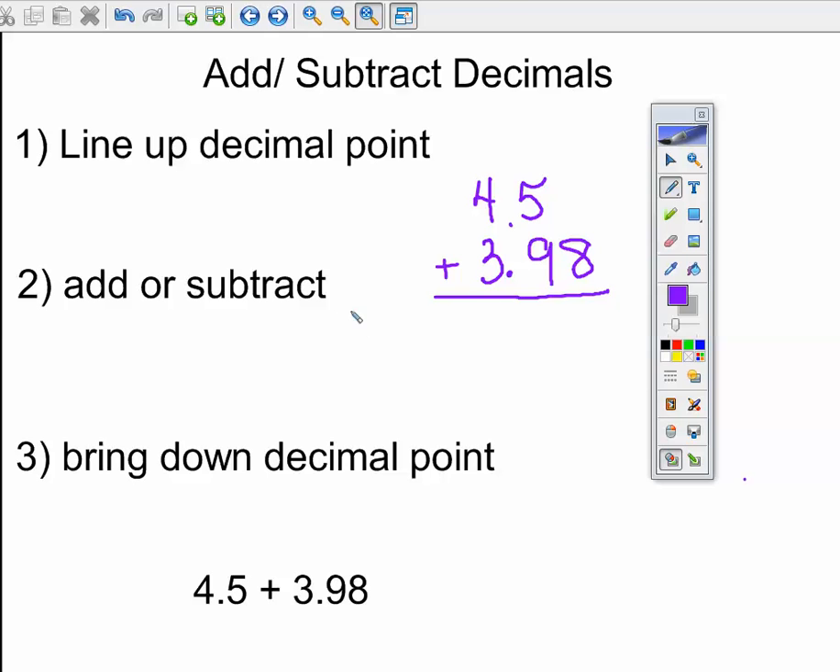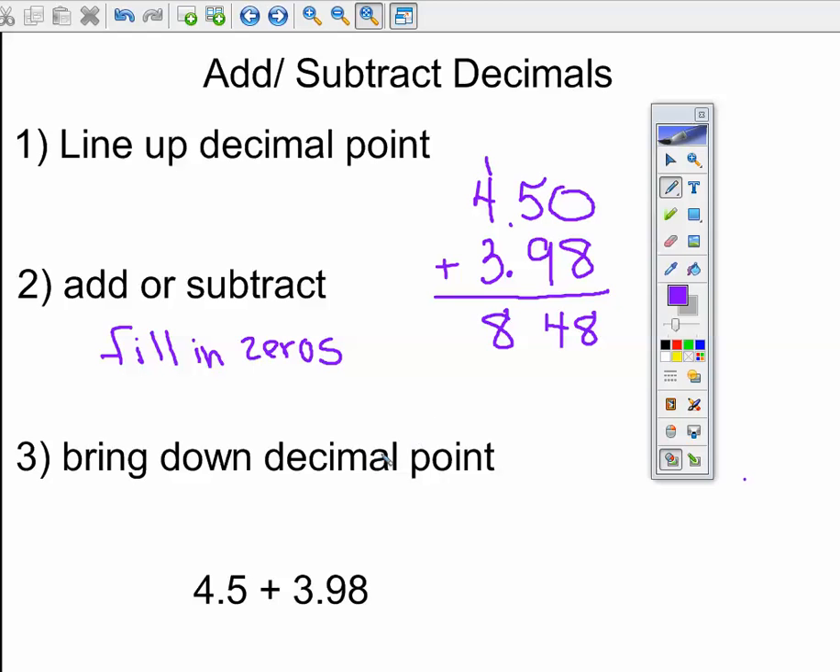Now, before I add or subtract them, the second part of step 2 is to fill in zeros. Anytime there's an empty spot, you want to fill in with a 0 to help keep your place. So now I add or subtract. 0 plus 8 is 8, 5 plus 9 is 14, 4 plus 3 plus 1 is 8,